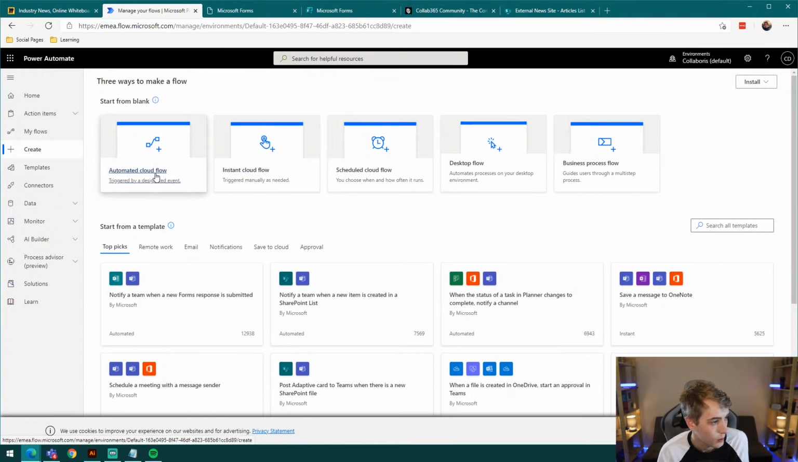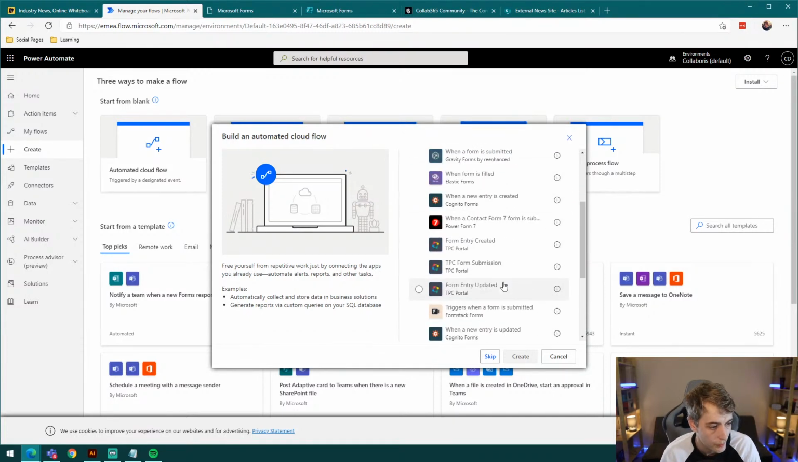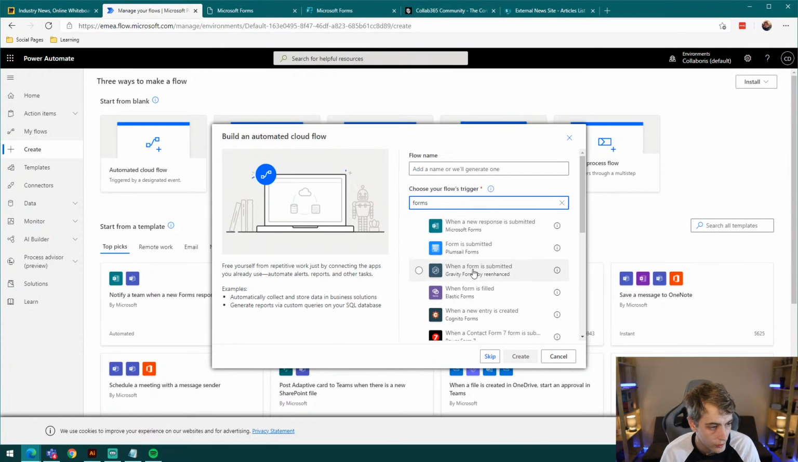So if I click Automated Cloud Flow, I can give this a flow name. In fact, I will just click "When a new response is submitted" in Forms here. If you can't find this, just type in Forms, and it'll bring up everything related to Forms, and Forms only has one actual trigger. So we'll do "When a new response is submitted", and I'm going to give this the flow name of